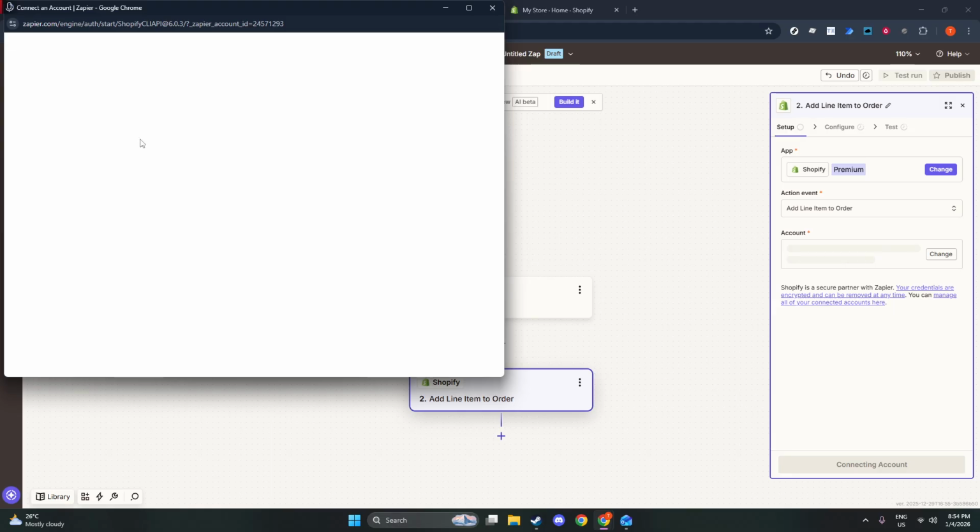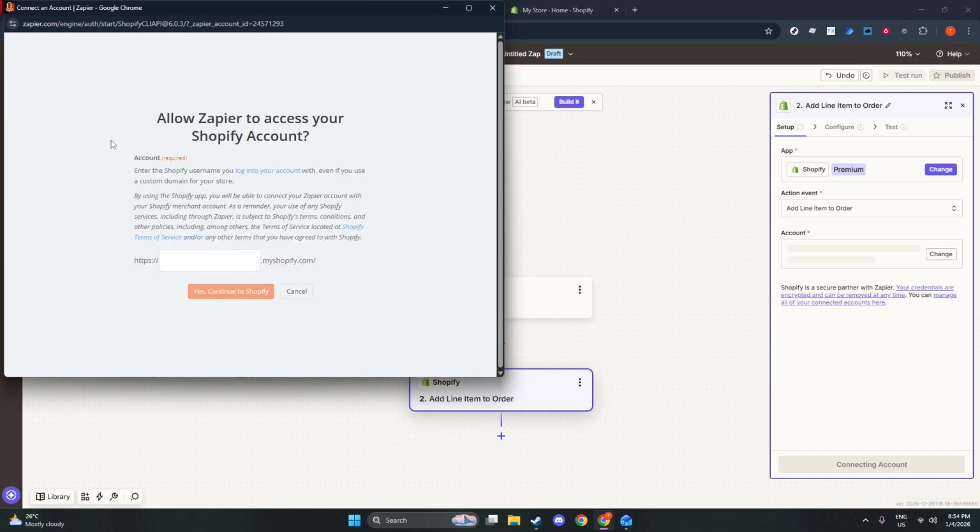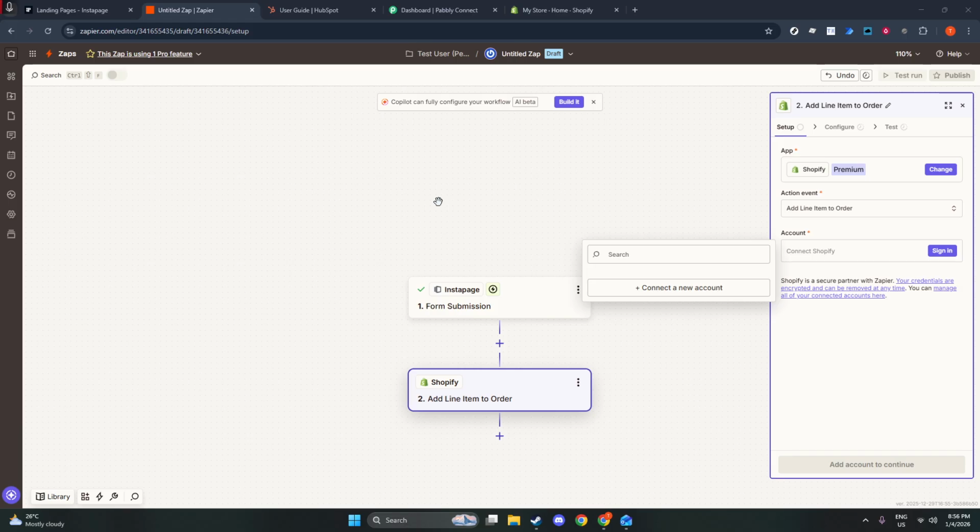Now it's time to map your fields. Take the Instapage form fields, like first name, last name, email, and phone, and map them to the matching Shopify customer fields. If your Instapage form collects a full name, consider mapping given and family names separately if you have them,